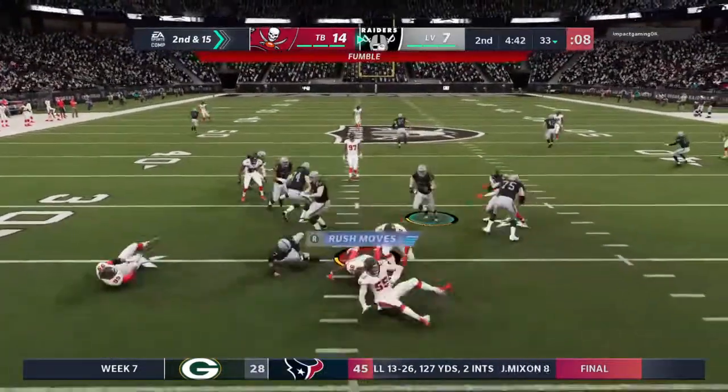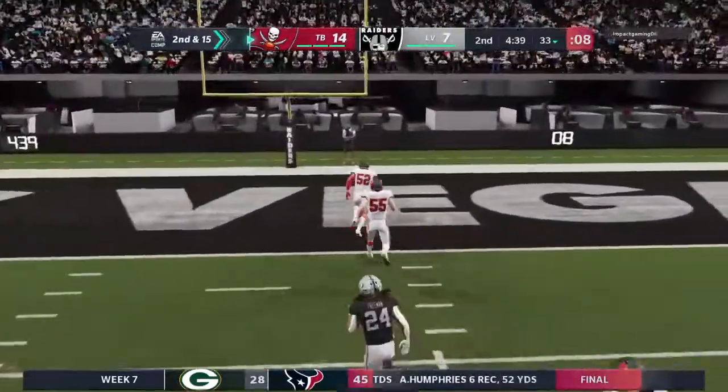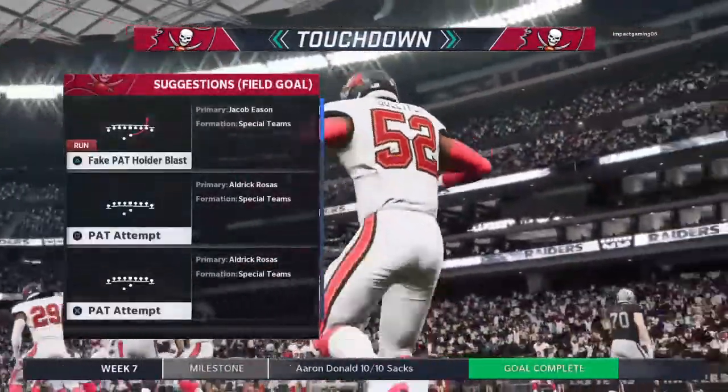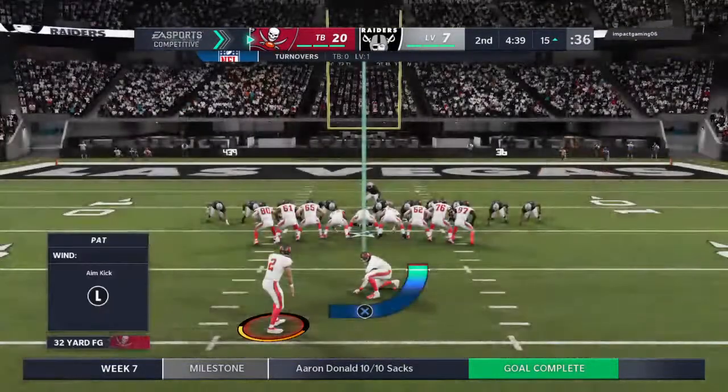Nowhere to go here. He lost the football, and it's picked up by the Buccaneers. Look at this. Middle of the field, a breakaway. And he returns it to the end zone. A fumble recovery touchdown for the Bucs. Aldrich Rosas lining up for the...